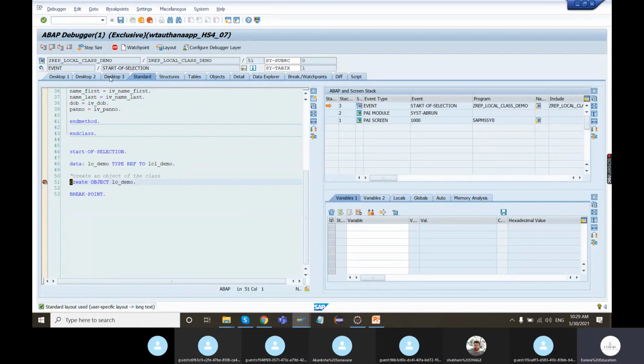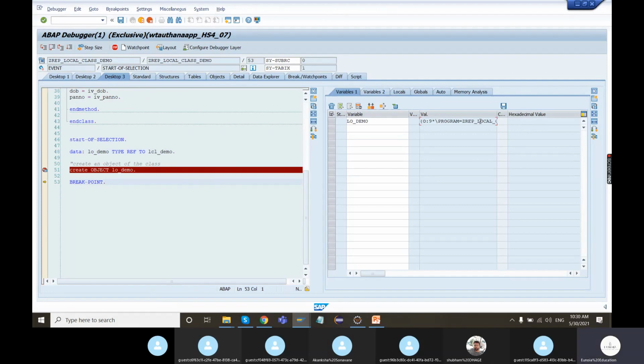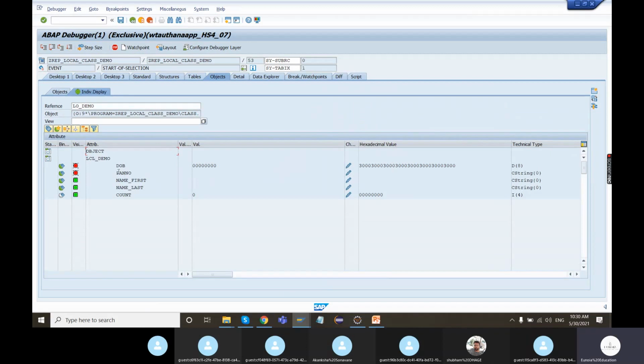You need to understand these basics. So hello demo currently is initial. No memory allocation is there. As soon as I do F6 on this create object statement, it's no longer initial. Memory gets allocated. Okay, so what has happened is, if you open up this reference variable,